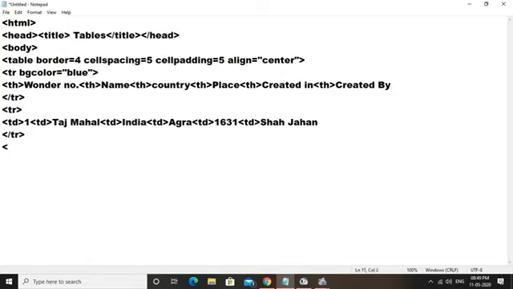Once again we want to start a new row, so first place the tr for table row, then you can define the table data. We can write Chichen Itza. Sorry, we missed the serial number, so we can put it here.